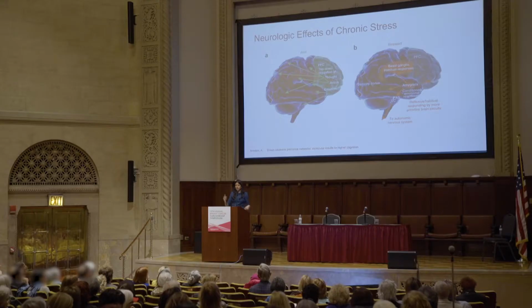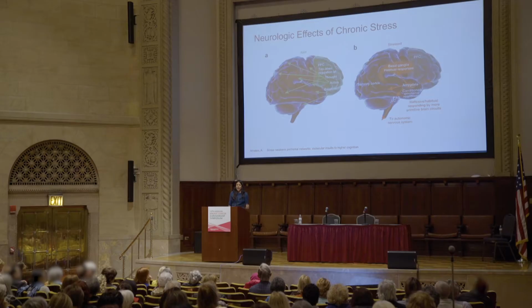Now in a relaxed brain, that area is able to communicate with downstream and lower levels of your brain and helps you regulate all of those things. But when we've been stressed for a while, we preferentially and repeatedly activate lower down levels of the brain, more primitive areas of the brain. And when we do that, we actually send negative signals to that prefrontal cortex, not allowing it to function as seamlessly and making it more difficult to focus, to concentrate, to have good attention, and to regulate our thoughts,